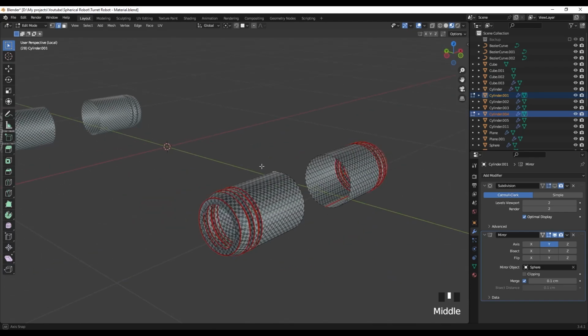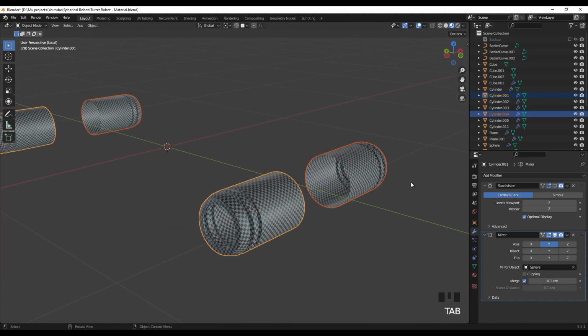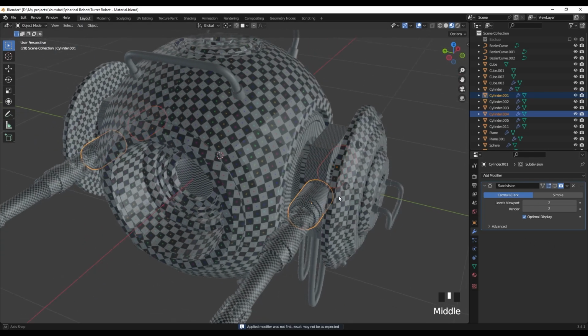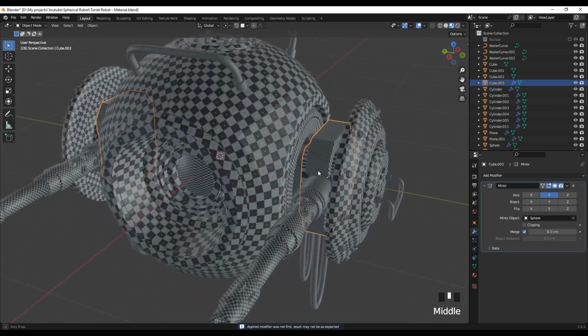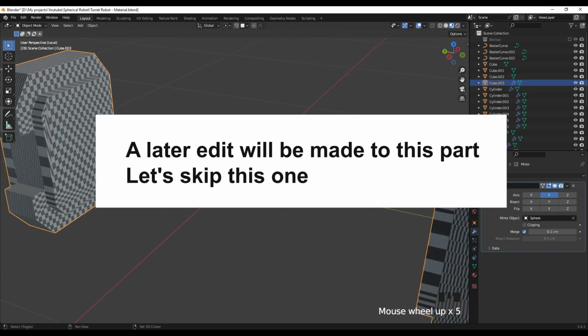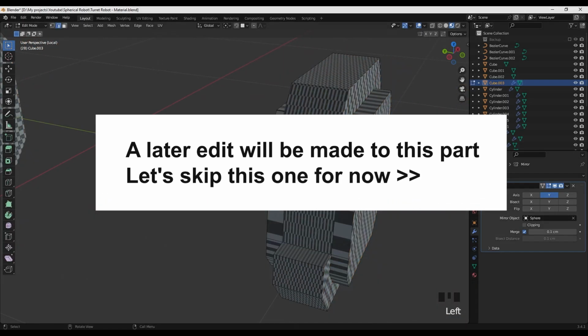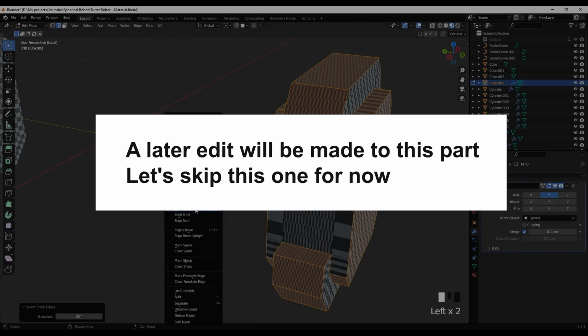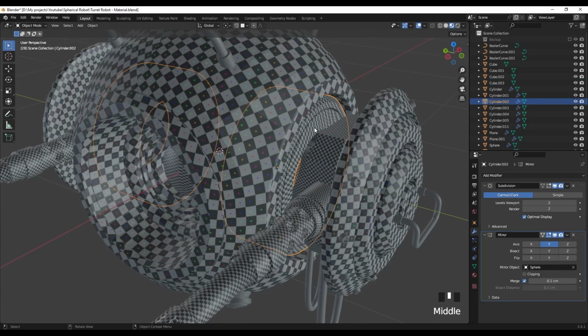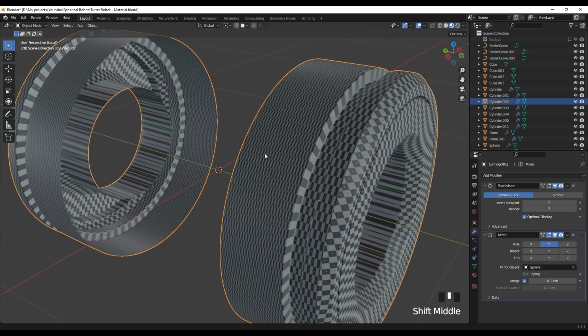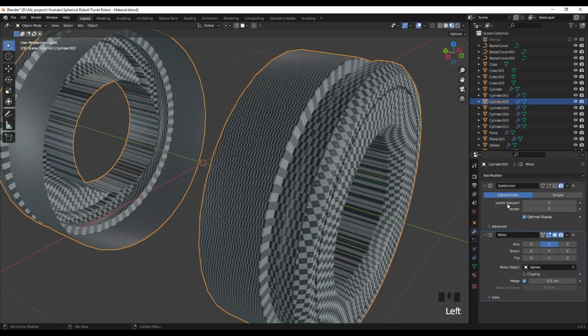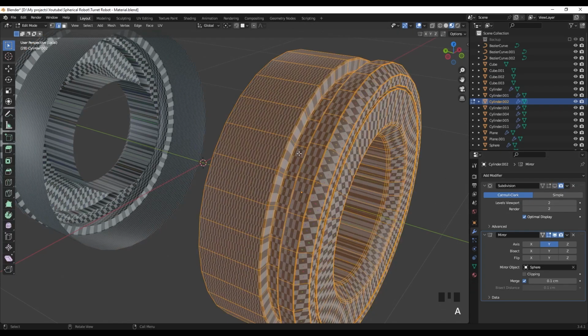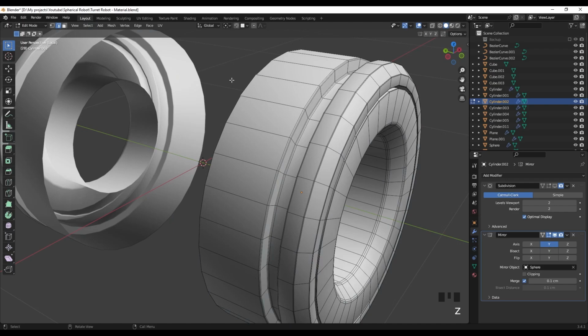And I think it's okay. So let's go back to object mode and then apply your mirror. Let's go back from your isolate mode and select this one, slash to isolate it, go to edit mode and then select this one, go to isolate mode and turn off the subdivision, tab into edit mode, select all, go to solid